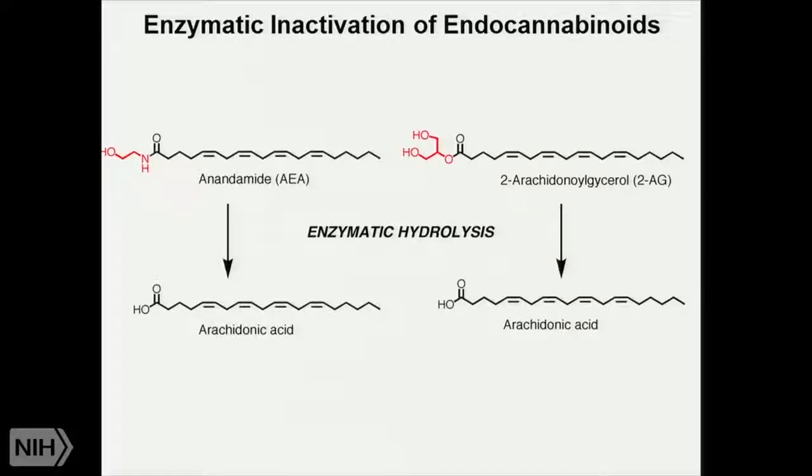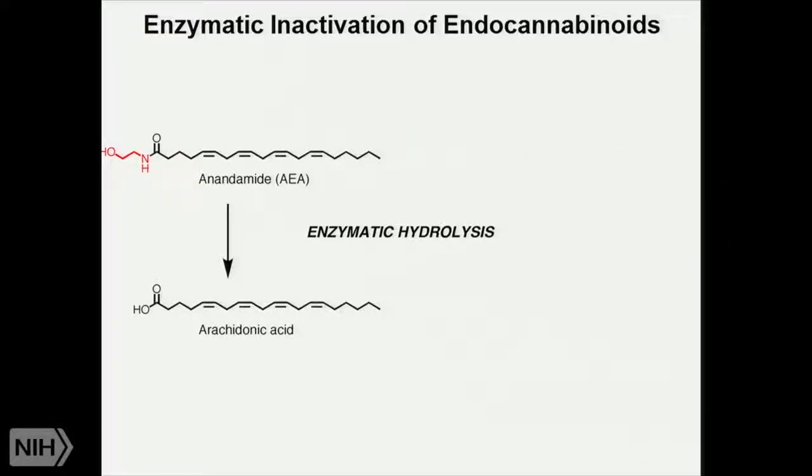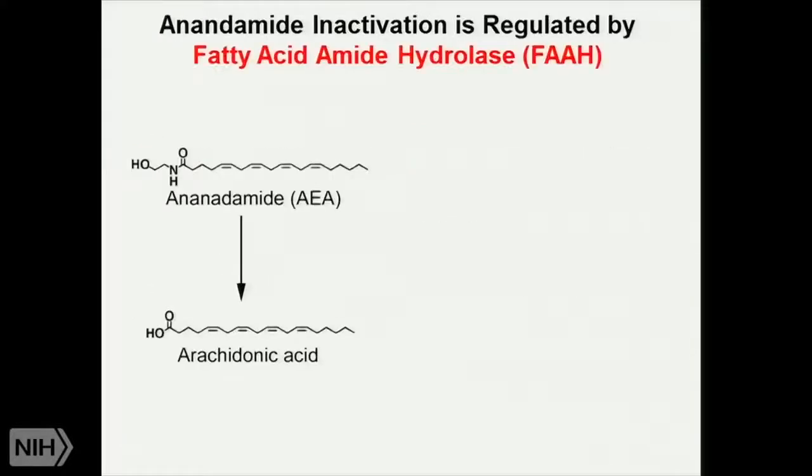So I'm going to focus first on the enzymatic inactivation of endocannabinoids because I think there we have the largest body of research that's begun to inform us in the function of endocannabinoids in the nervous system. And even though the chemistry shown here of hydrolysis of the amide and the ester bond of anandamide and 2-AG respectively is similar, there are discrete enzymes that control that process to generate arachidonic acid. And arachidonic acid, even though it can have its own biological activities, does not act as a CB1 or CB2 ligand. So we'll focus first on anandamide enzymatic hydrolysis, which is primarily regulated by a single enzyme in the nervous